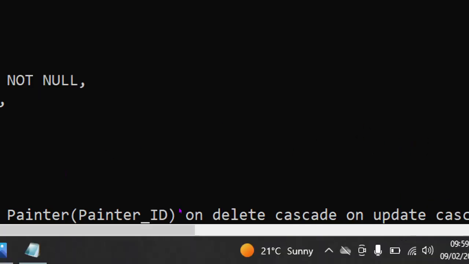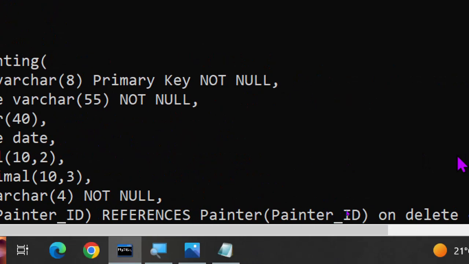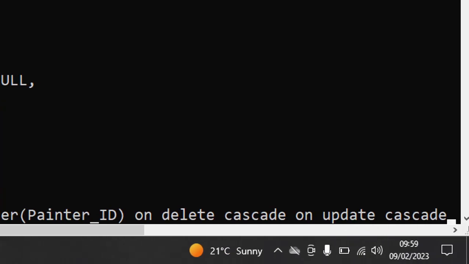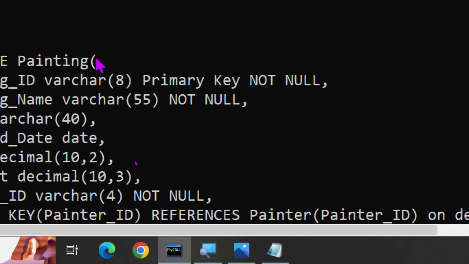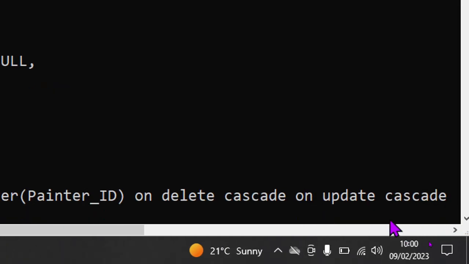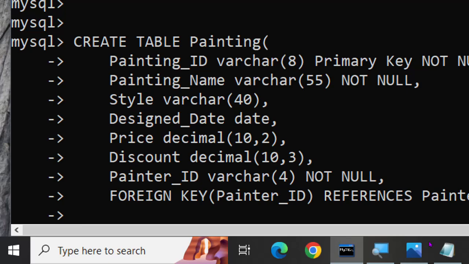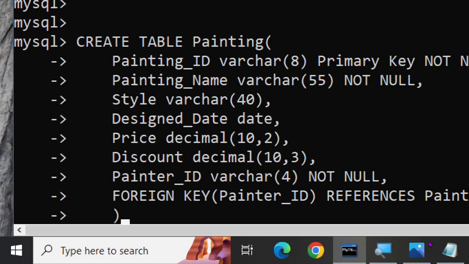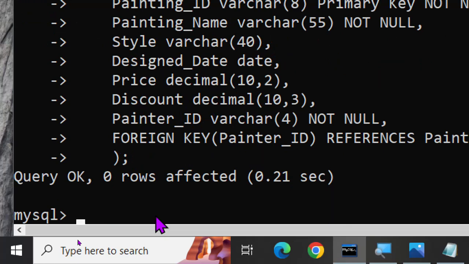Okay, so I think now we are done. At the end of it all, remember we open the bracket, so here we don't need to put a comma, we can press enter, then we close our bracket, then terminate, then press enter. Query OK. So if you show tables,